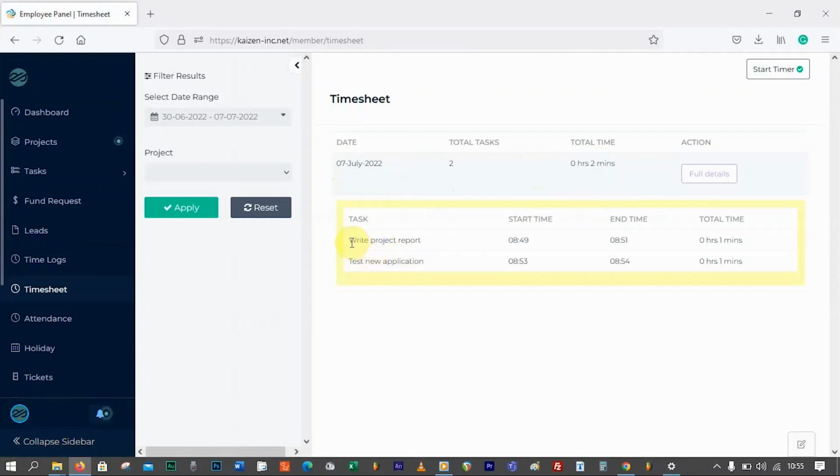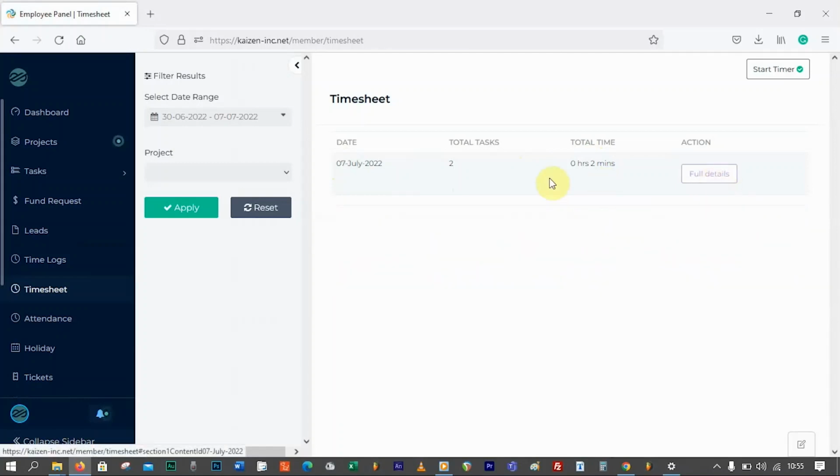And if I have supervisors who ask, okay, so what were you doing on Wednesday? I can just say, okay, you know what, you can just go to my timesheet report, and they are going to see exactly what I've been working on and how much time has been spent on that particular